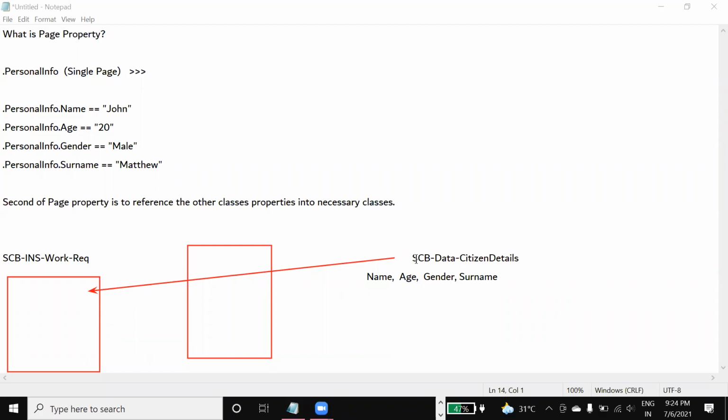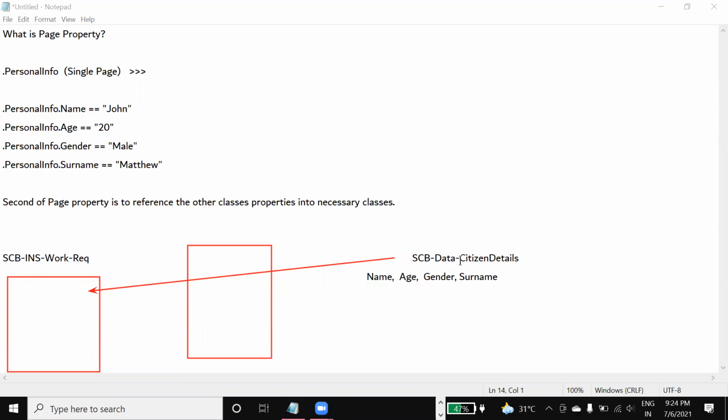reference data class, or any other class's properties, into my required class if they are not in the inheritance path. If these properties are in this inheritance path, then there is no point in using this reference. We use the mediator because there is no relation between this class and this class.